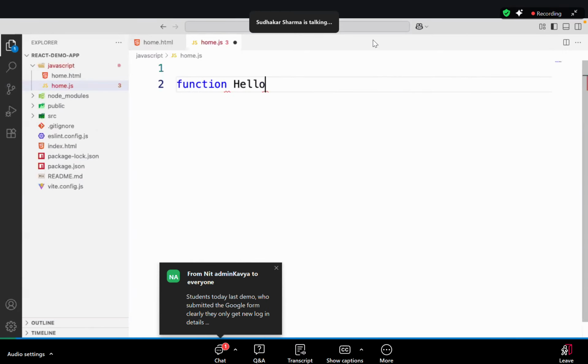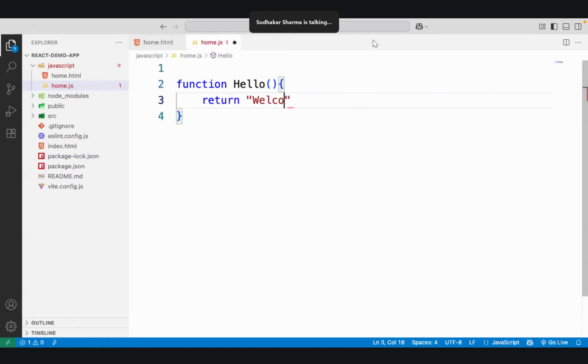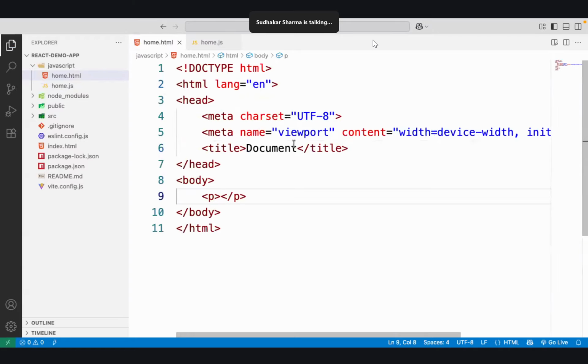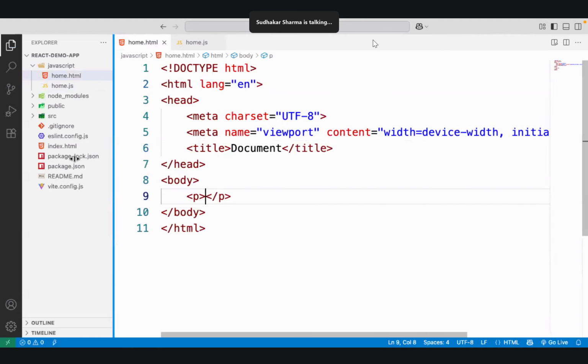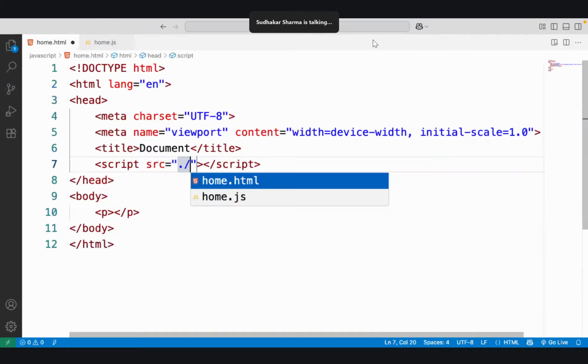Hello is one function and it returns some welcome or say hello. We have another function, welcome, and it is returning some welcome. Now we want to use these functions in our HTML page. So earlier what we were doing, we were linking the files, right? Script source, it is coming from